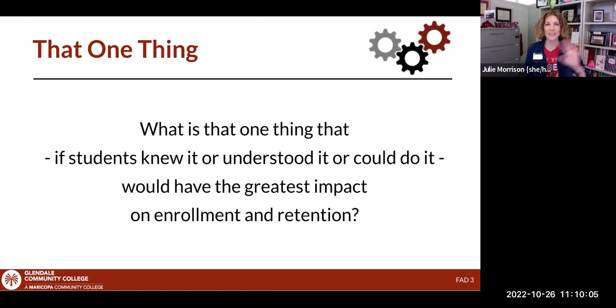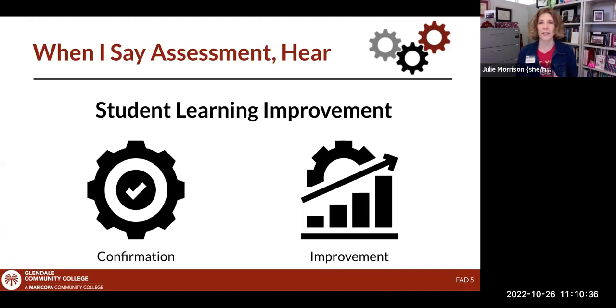All right, so let's step back, and you're like, all right, this slide we're looking at here says nothing about assessment. But what I want to point out is what it is talking about is student learning, right? And that what we're talking about is the barriers you're experiencing are areas where students haven't learned how to do something that they need to do that would make them successful. So let's take one moment and step back into the assessment world. And let's talk about, when I use the word assessment, what I like to have people hear in their heads is student learning improvement.